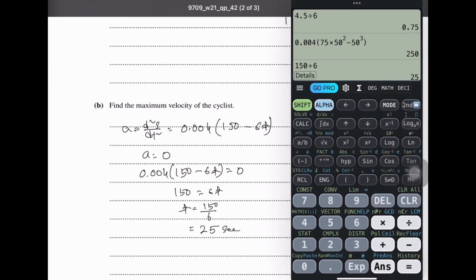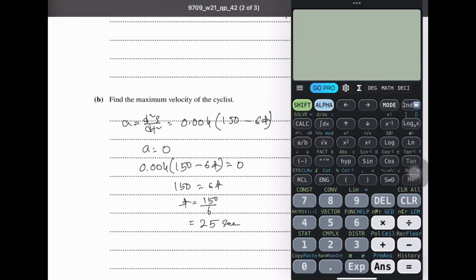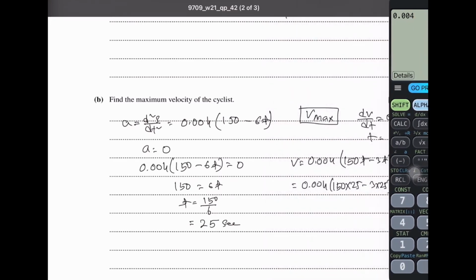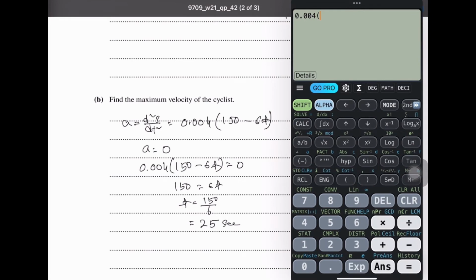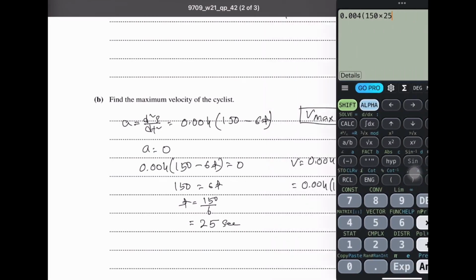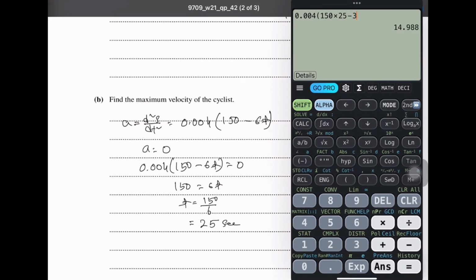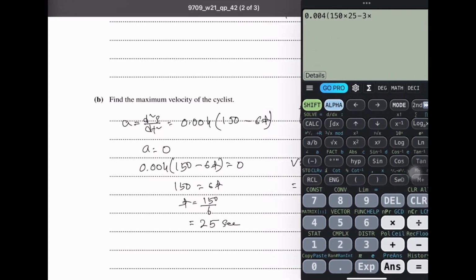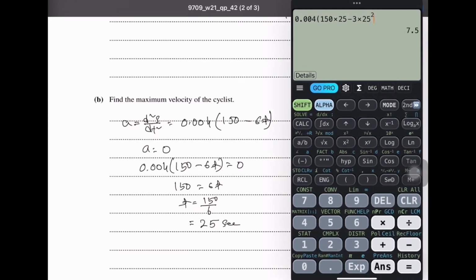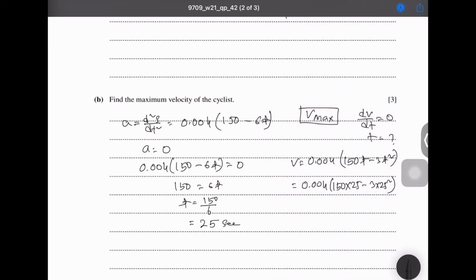Let us simplify. 0.004, 150 into 25 minus 3 into 25 square. So total, it is 7.5. Maximum velocity is